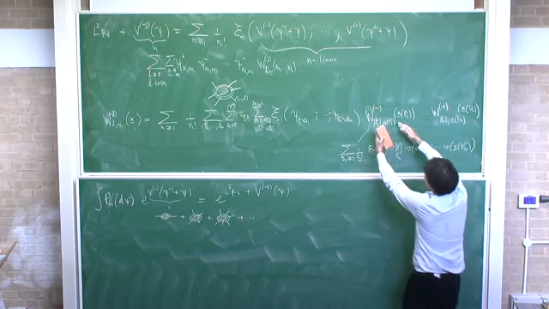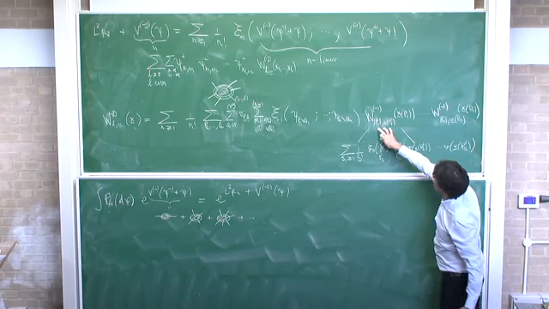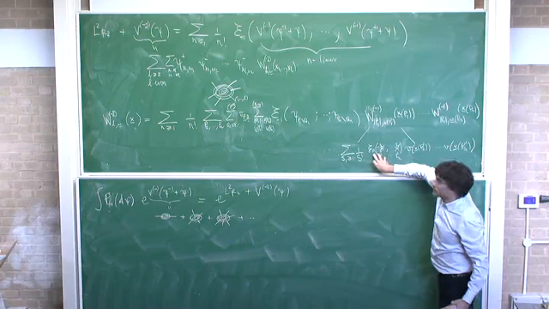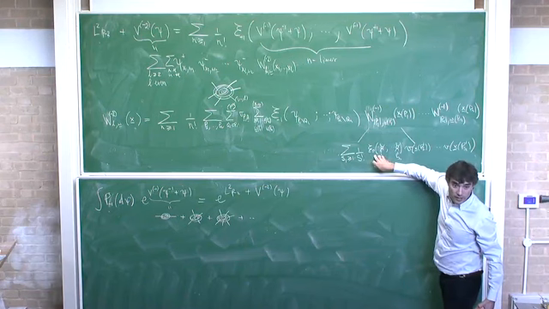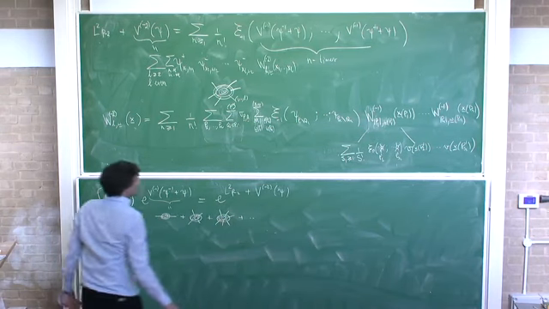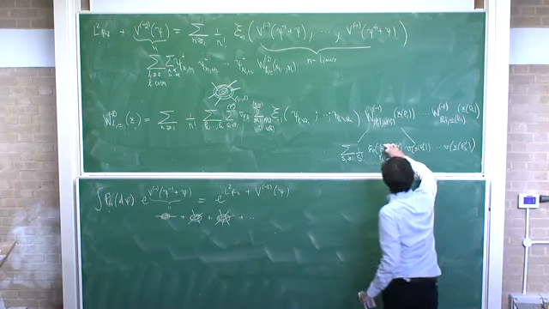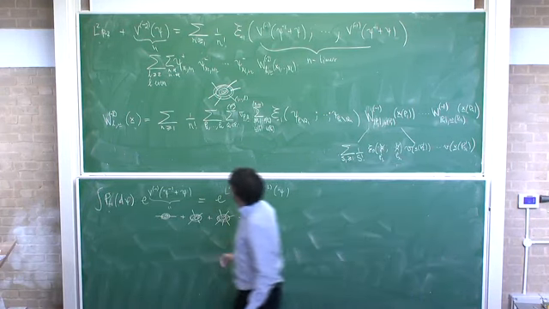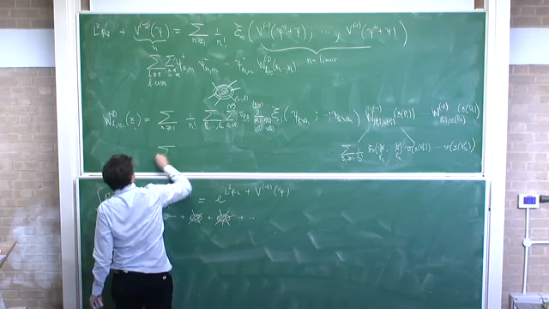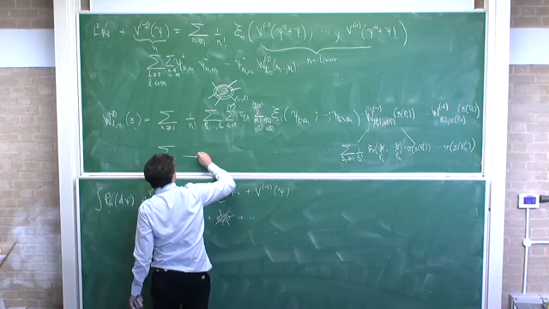Each of these guys, if I recall, was given by a similar expression on the previous scale. And this structure of sums into sums will be represented graphically this way. So these are the trees that Fabio already anticipated